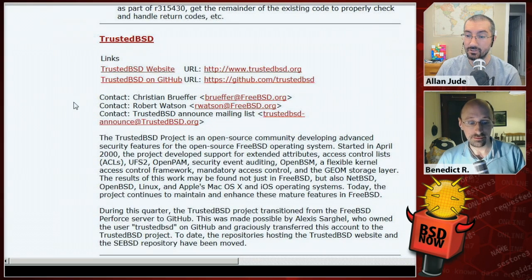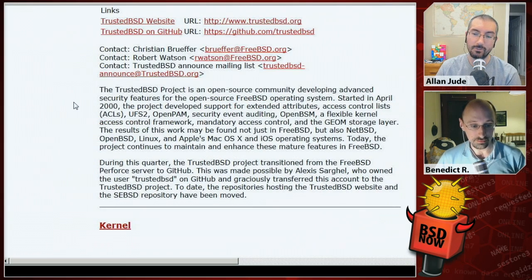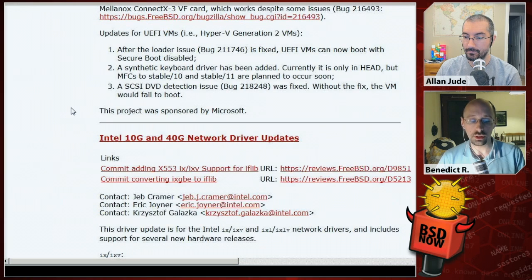There's also an update about TrustedBSD, which is a bigger overall project that pulls in things like that BSM thing we talked about a minute ago, event auditing, OpenPAM, UFS ACLs, and all the other various work that was done to make FreeBSD meet the requirements to be used by governments and so on. Mm-hmm. And they also moved... they're the ones who moved from...